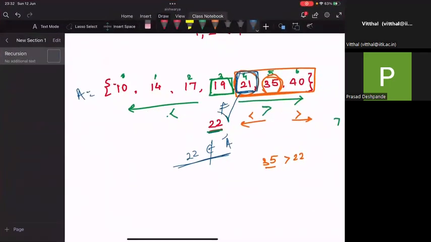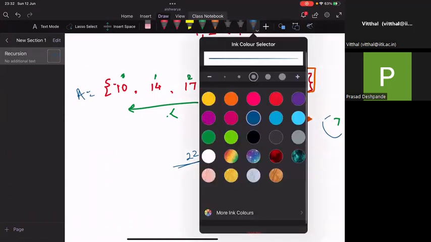So this was an odd length array, right? In this case, what eventually happened? We are left with a single element array, right? In this case, L was also 4 and R will also be 4. Now suppose we have an even length array. This was odd length, right? If we have an even length array,